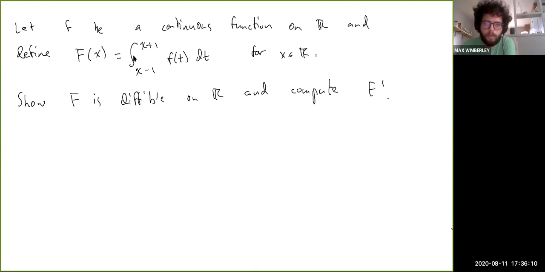Let's go over this one. At first glance, it might not be particularly clear how we can apply the fundamental theorem to this, right? Because we see the variable x shows up in both endpoints. So the trick to it is